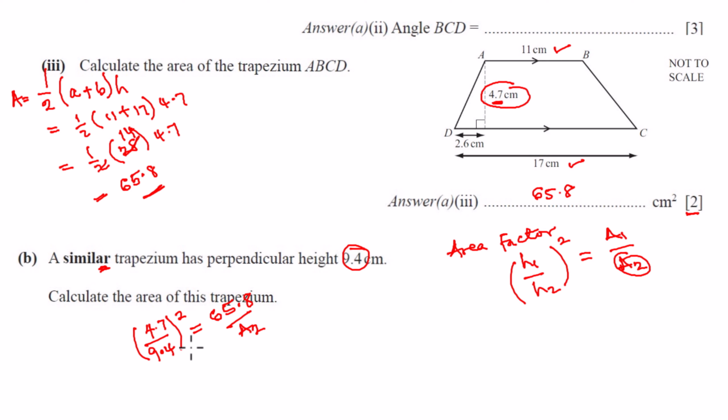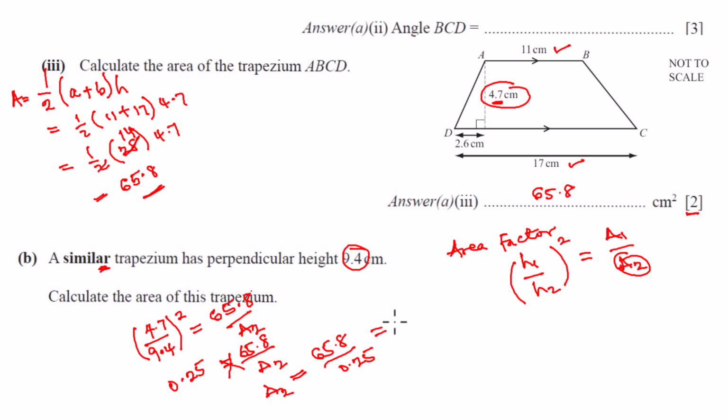4.7 divided by 9.4 is 0.5. And when I square that, I got 0.25. So here is 0.25 equal to 65.8 over A2. So if I go ahead and cross multiply, my A2 is 65.8 over 0.25,